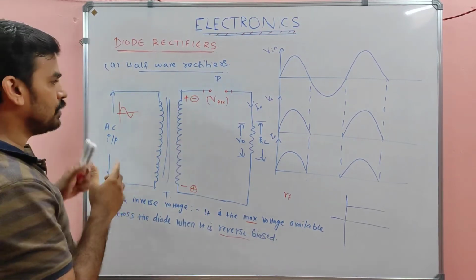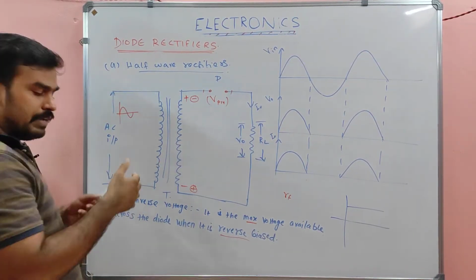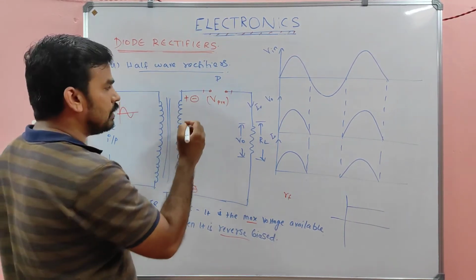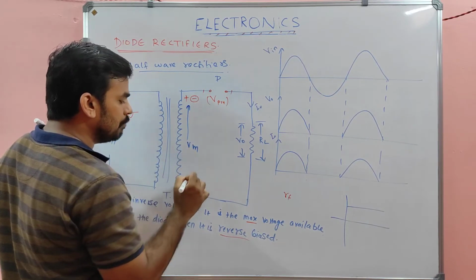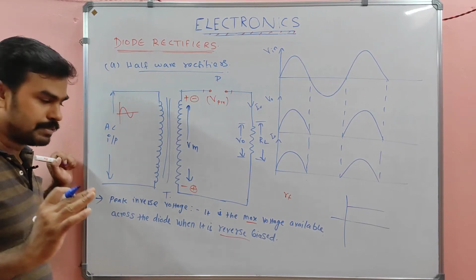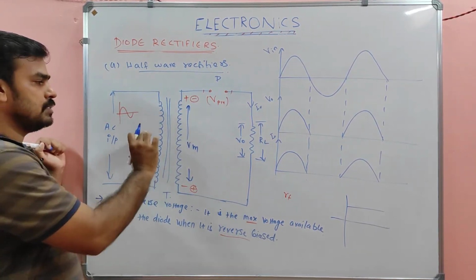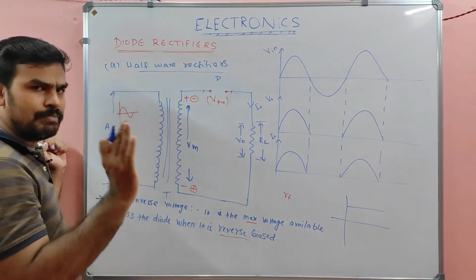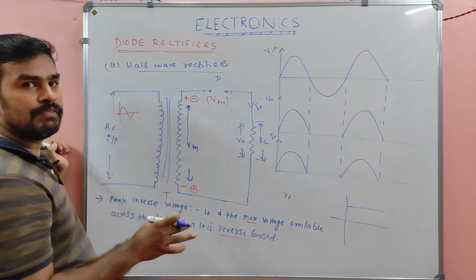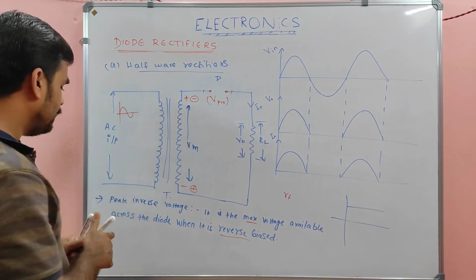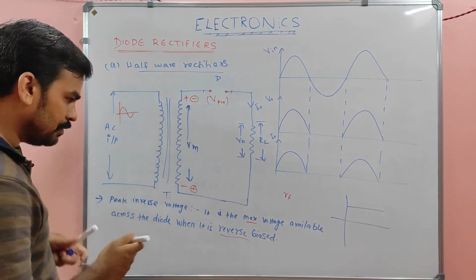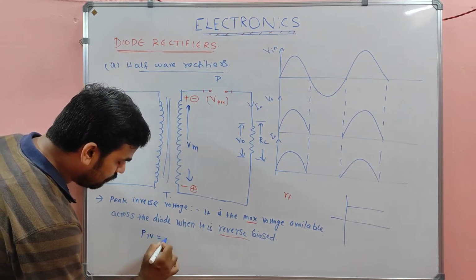two terminal voltage itself. Suppose this is the input voltage that we have applied. It has some value, and the output voltage has a maximum value of Vm. Imagine the maximum value is the same as Vm. Suppose the transformation simply produces the same voltage in the secondary also. Imagine the maximum voltage across this secondary terminal will be Vm. Then the peak inverse voltage is nothing but the same Vm. The same Vm will be available. So I can write that peak inverse voltage will be equal to Vm,